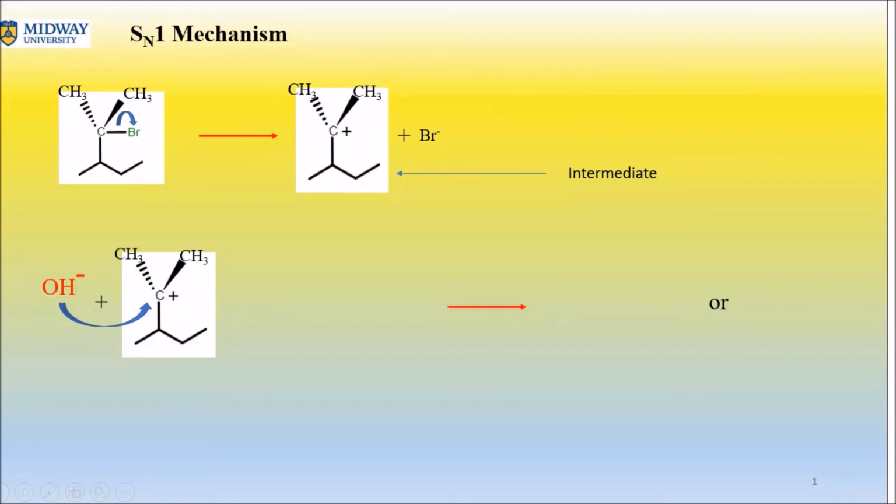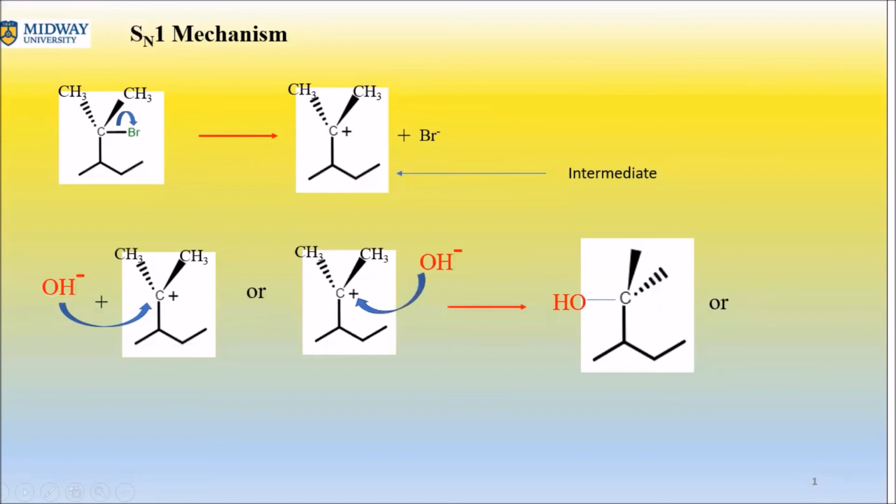The Br left from the other side, so the OH minus could attack the opposite side. In that case, you will have an inversion of configuration. You see the CH3 is now on this side. Or it could attack the side from which the Br left,